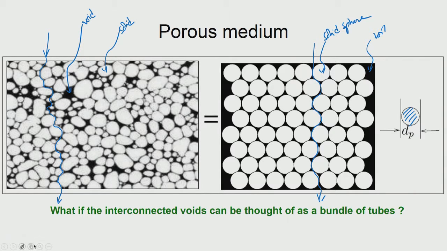And one situation that we want to now use is the path that is taken, can we then imagine that to be like a tube. So, we want to actually check can this path be imagined as a tube through which the liquid is going through. Okay. So, our idea of modeling the phenomenon is basically assuming that the void, interconnected void, is similar to a tube, and then see if what we have derived till now can be applied for this kind of a problem.